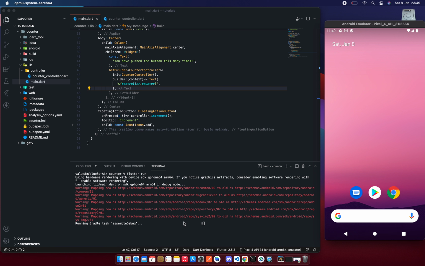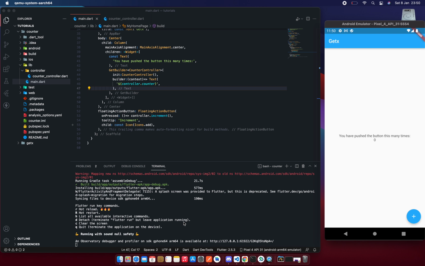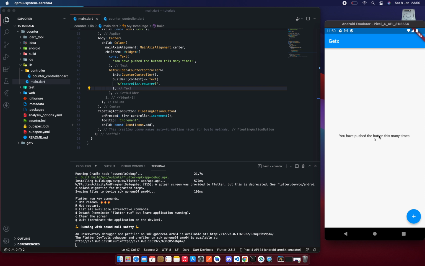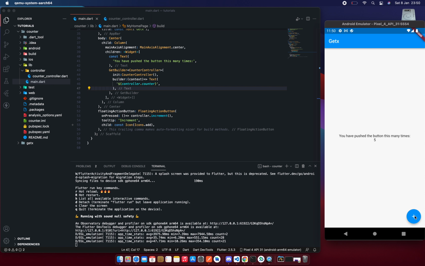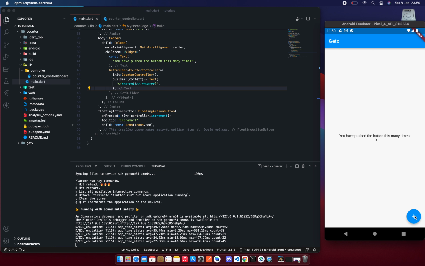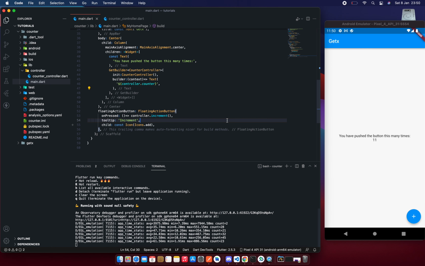So as it is running, let me plug in the charger as it's running. So okay, yeah, it's finished, and as you can see, the value has started from 0, and when I press this, it increments. So you have successfully implemented GetBuilder in your app. So that is the first way. The other way,